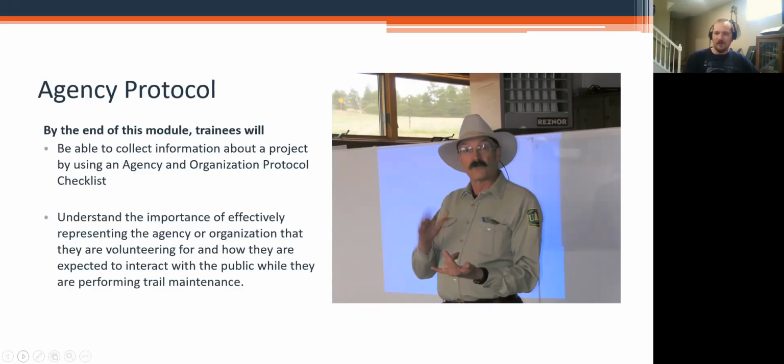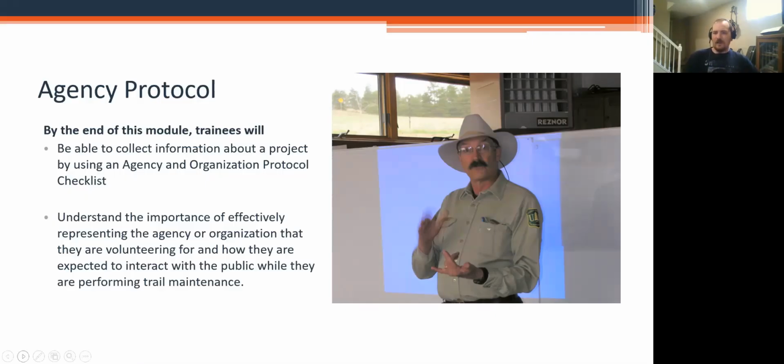And I think part of it being that in this model for crew leader training, I look at it as like, I just showed up to the parking lot and 8 to 10 people who I don't know showed up, and I've got to now put them to work. A lot of times the agency protocol is figured out for you by somebody else as a crew leader. And I think that tends to be where people that deliver the course lean on.